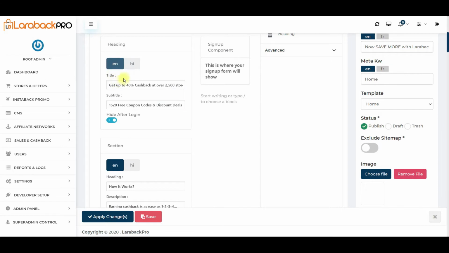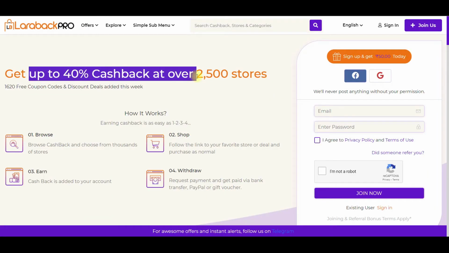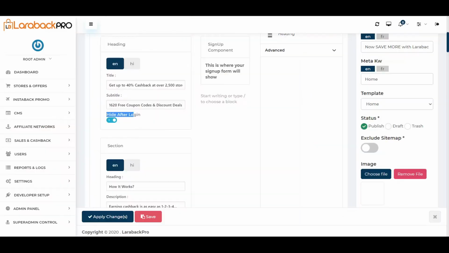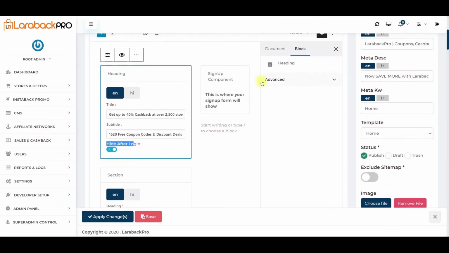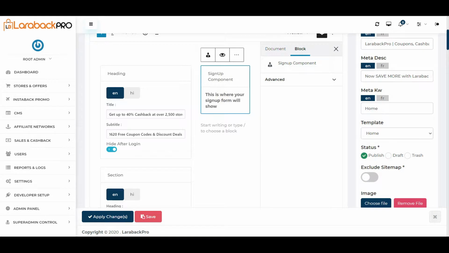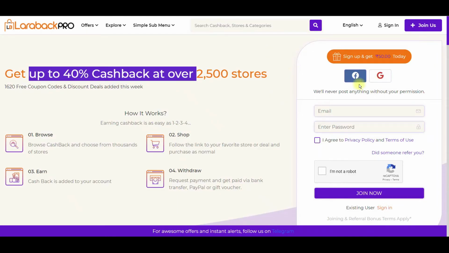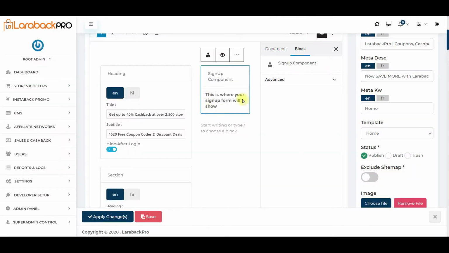Whenever you have a multi-lingual website, you will have to enter the content in multiple languages. This is the first important information to be noted. The system will not translate it automatically. It has to be entered; configure the content and labels for different languages. And here there is an important button, hide after login. This particular block we don't want to show after the user is logged in, so we want to hide it, so we'll switch this on. Sign up is created as a component, so whatever sign up box is showing up here is created as a component from here.